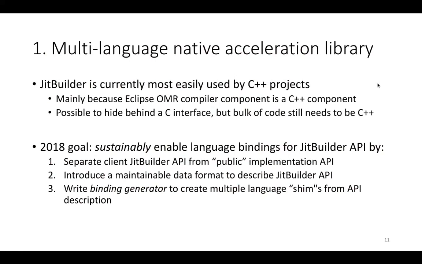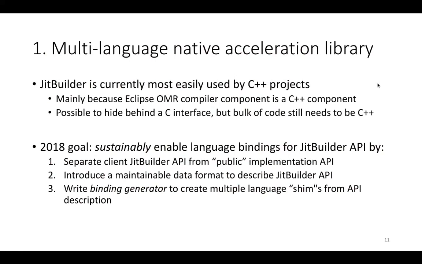And then the second piece, which is connected to the sustainability statement, is to introduce a maintainable data format used to describe the JitBuilder API. And the reason for that is so that we can then use that data format to write generators to create essentially a language shim that allows you to call into the JitBuilder API from another language using that shim. And if you can generate that shim from the data description, it automates a lot of the work involved in evolving the JitBuilder API. So the sustainability point is around